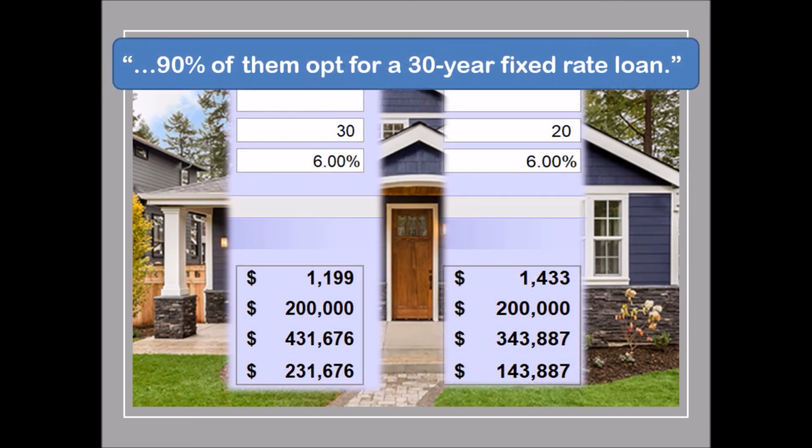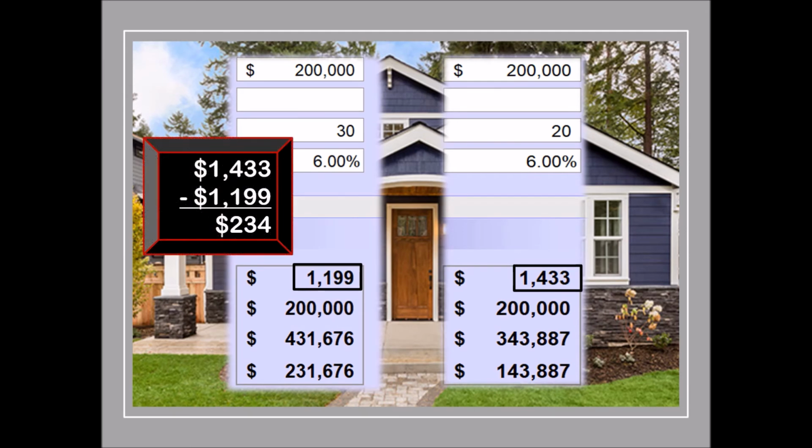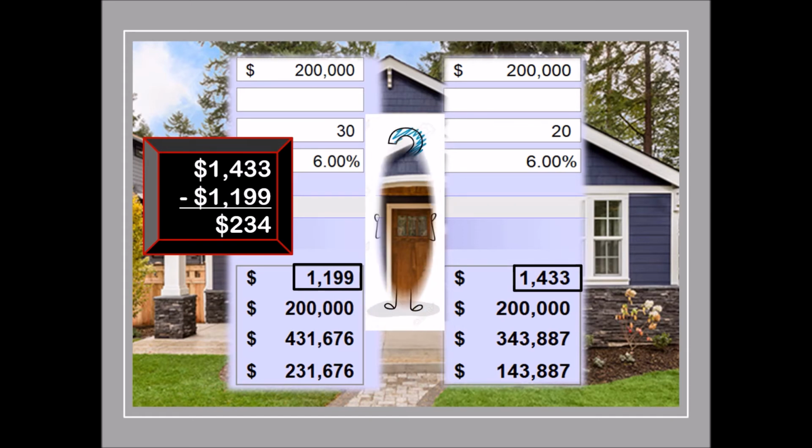Nine out of 10 homeowners will select a 30-year mortgage. Why? It's the bottom line. The extra money you save each month is enticing, but you have to consider the long term. So, what are your options? Compare monthly payments between a 30 and 20-year loan, and if you can afford the 20-year loan, that's your choice, hands down. But remember, 90% will choose the 30-year loan, yet not all of them had to.